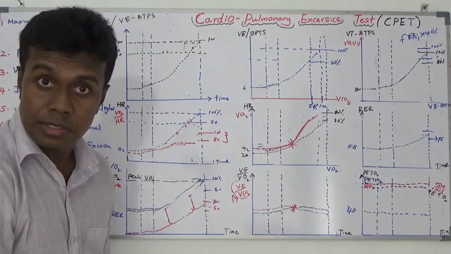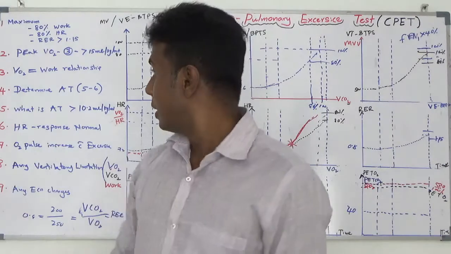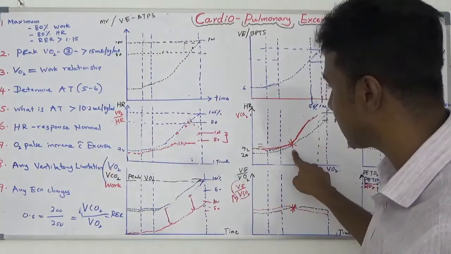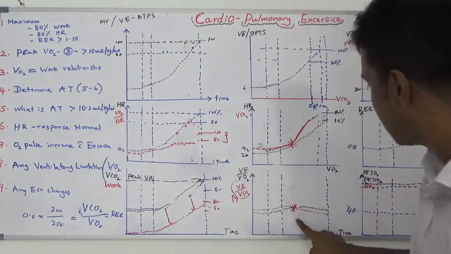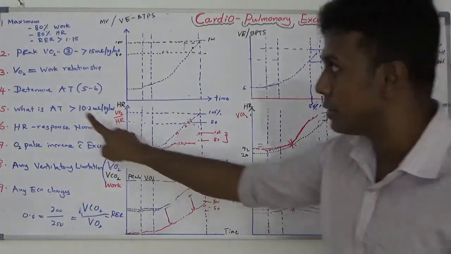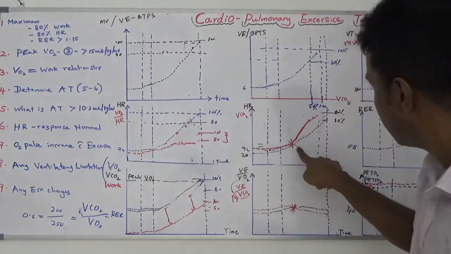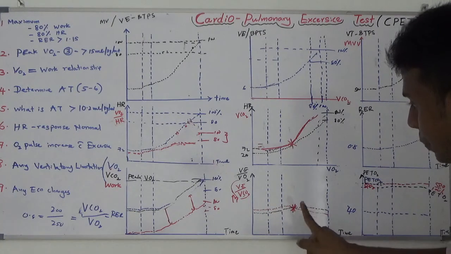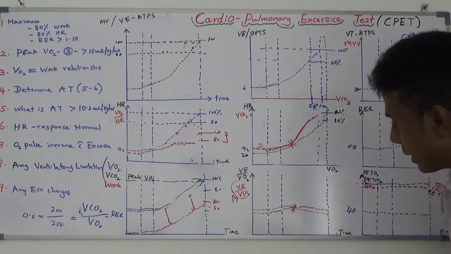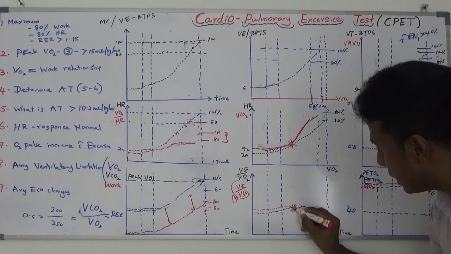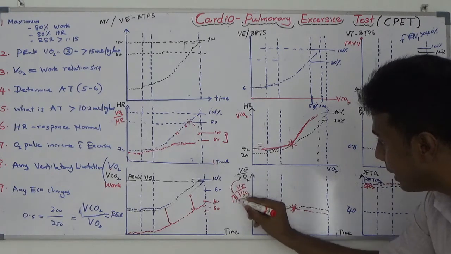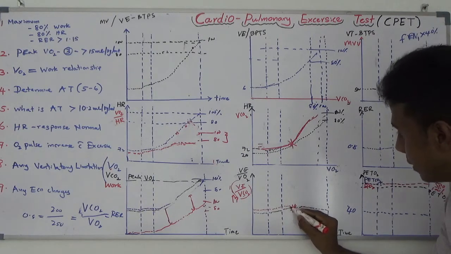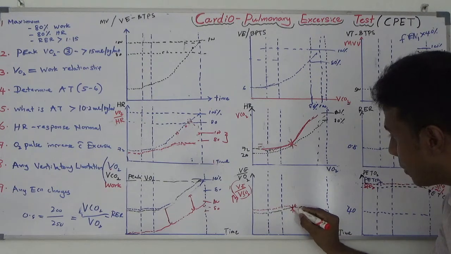Carbon dioxide production is much more. You have to determine the anaerobic threshold here in that case. Or you have to utilize curve number 6. To determine the anaerobic threshold, you can use curve number 5 or curve number 6. If you utilize curve number 6 here, the ventilatory equivalent for carbon dioxide now becomes lower here. The ventilatory equivalent for oxygen now becomes high here.